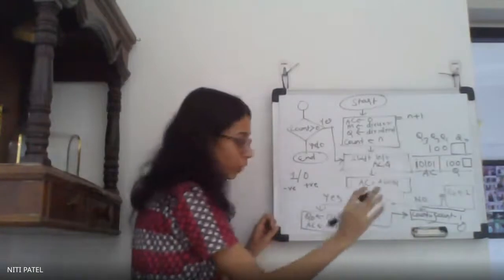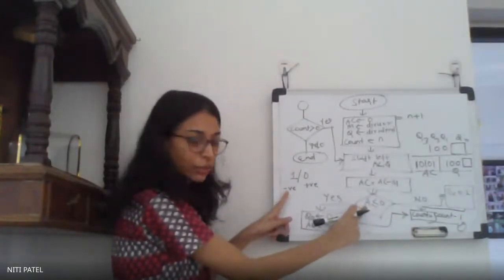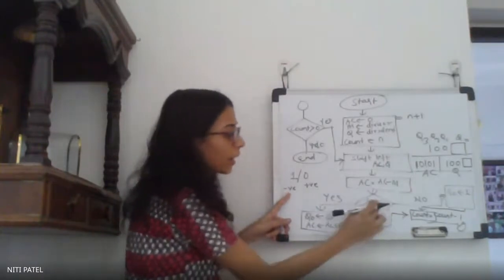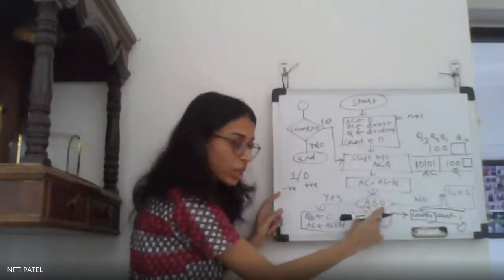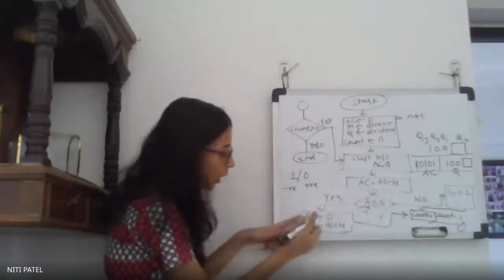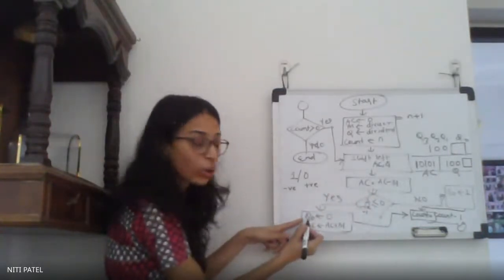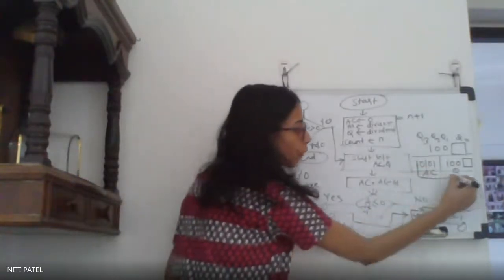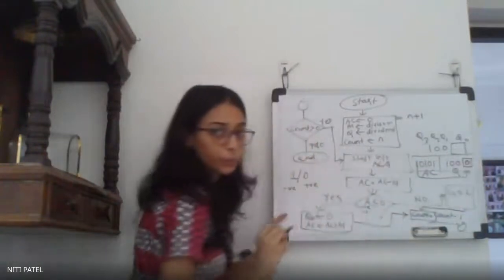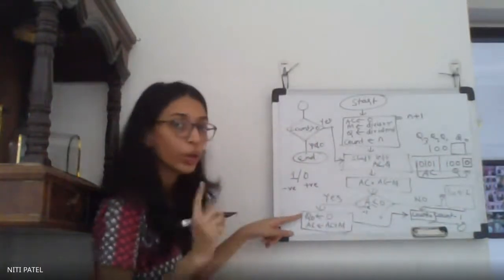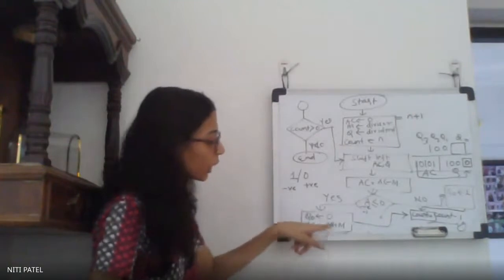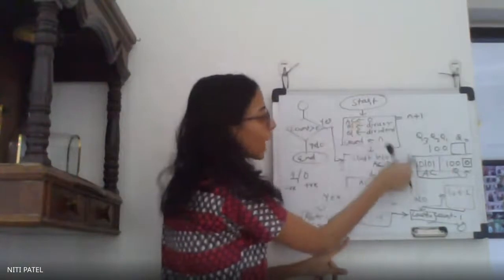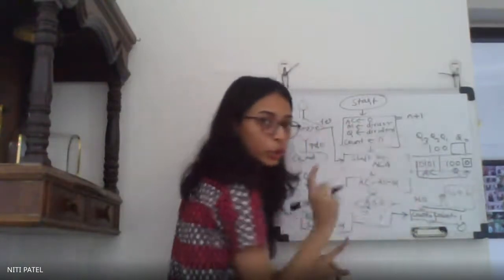If it is 1, that means the entire number is negative, and if it is 0, that means the entire number is positive. So if A is negative, say suppose it is -1, is -1 less than or equal to 0? Yes. So you have to come to the yes part and assign the value of Q0 as 0. That means if it is 1 over here, you have to append 0 over here. After you do that, you have to perform AC = AC + M. So you take this AC, take the value of M, add both, and you will again get some new result.